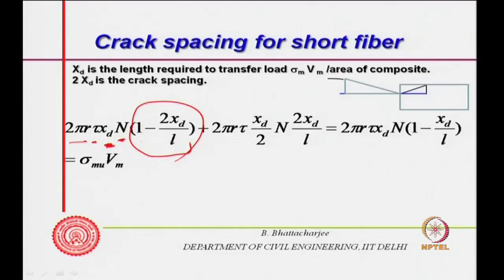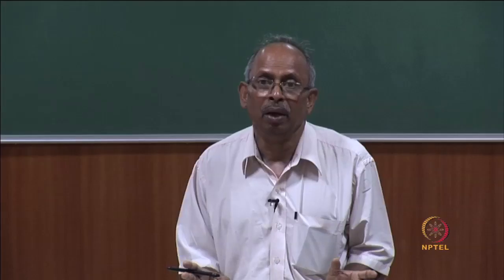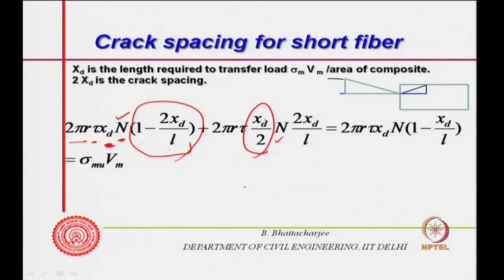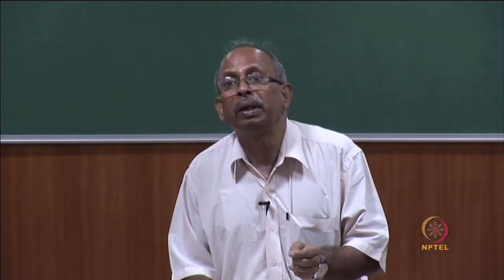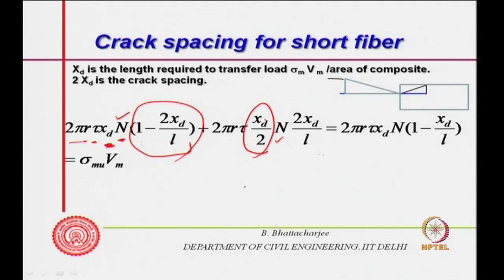So, if this is bigger, then a fraction of it will be effective in transferring on both the sides, and the remaining fraction, that is 2 x d by L, will be transferring partly. What you are doing here is assuming that they will be either transferring 0 or full length, therefore you take the average, so x d by 2 you take. Here n is the number of fiber for aligned situation, that is V f divided by pi r square. The amount of fiber which will be able to transfer the load on both the sides fully is given by 1 minus 2 x d by L. Remaining 2 x d by L will be able to transfer only half on an average, because they will either transfer 0 or full length. So, you can take half length x d, and therefore, this is the